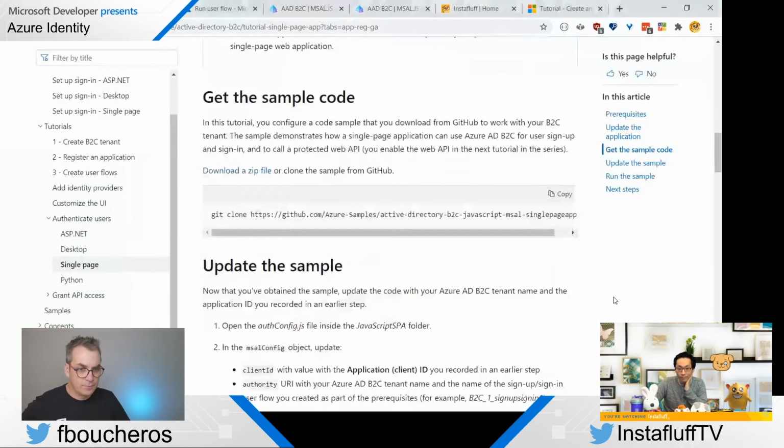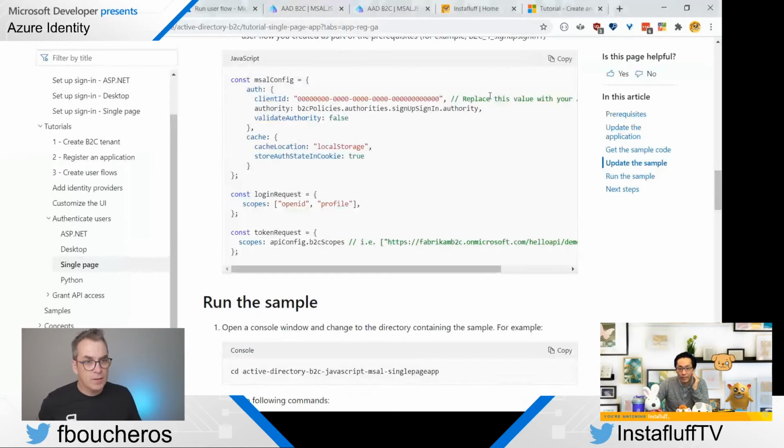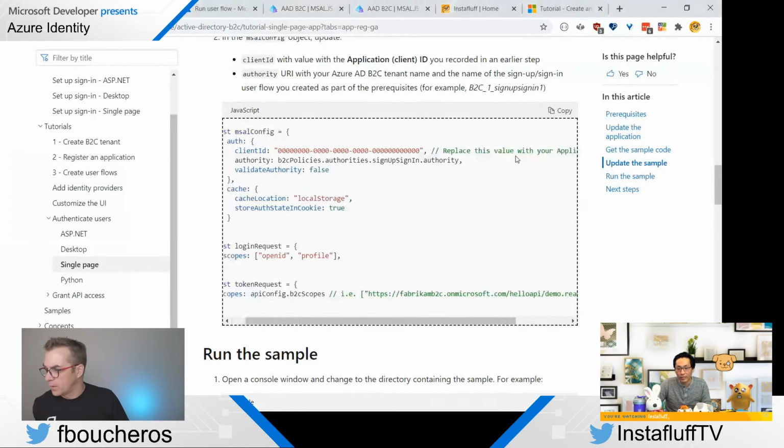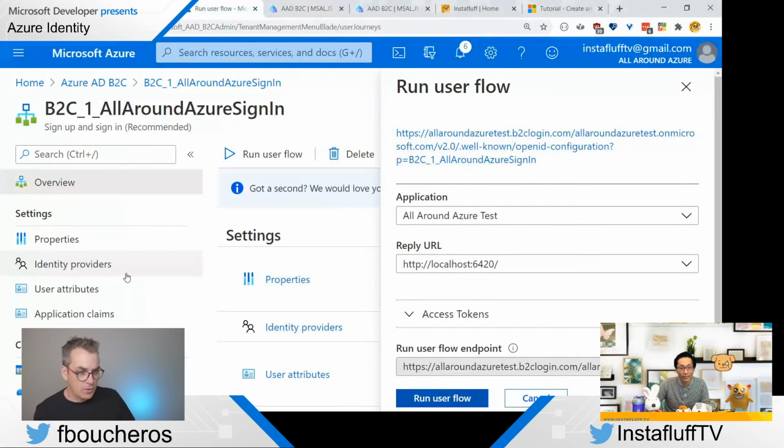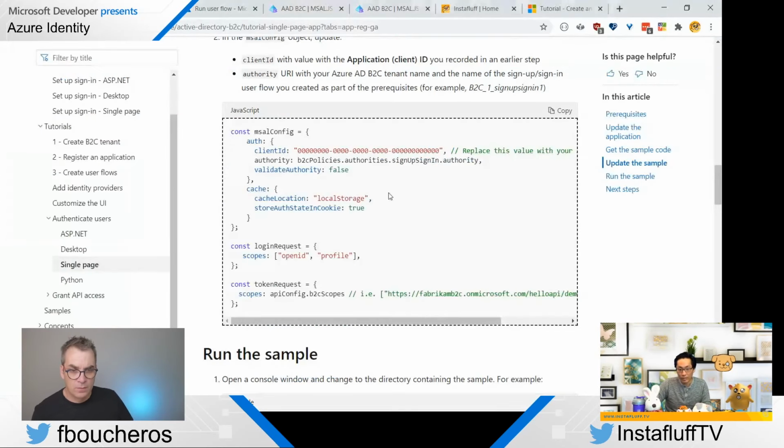Yeah, so we replaced the client ID. It's supposed to be the application client ID, so I think we got that one, right? Yeah, that one was good. And then the authority URI with the Azure tenant name and the name of the sign up, sign in. I think that's the part that I did wrong. Tenant name and the name of the.